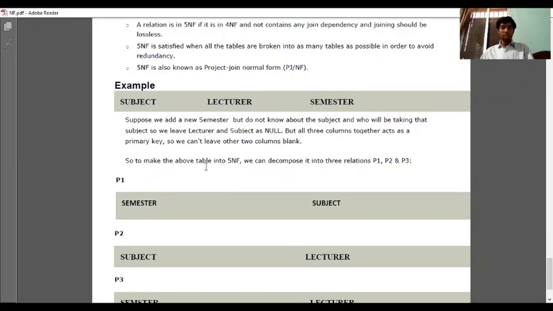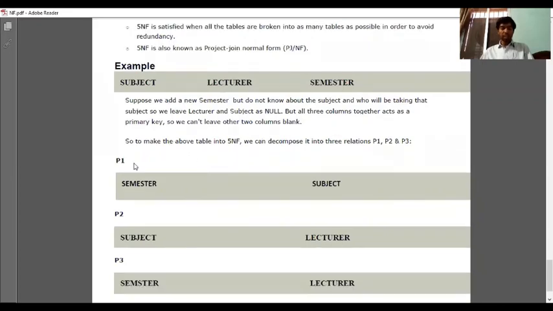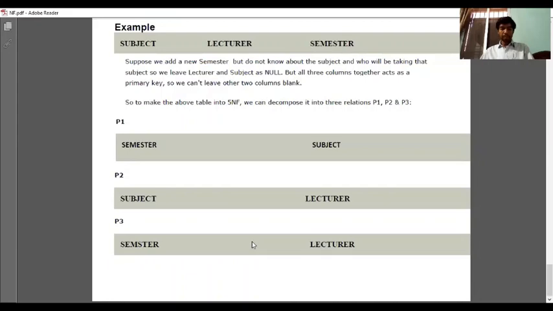So to make the above table into 5NF, we can decompose it into three relations P1, P2 and P3. The first table P1 is semester and subject. The second table P2 is subject and lecturer, and the third table is semester and lecturer. So this is the concept of 5NF.